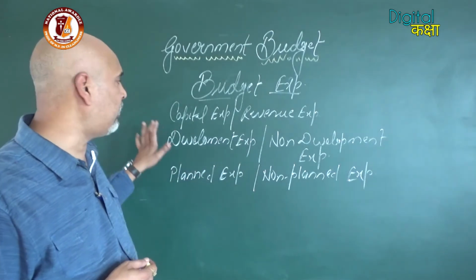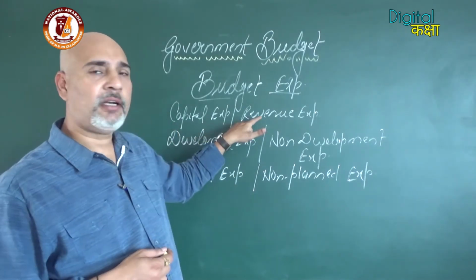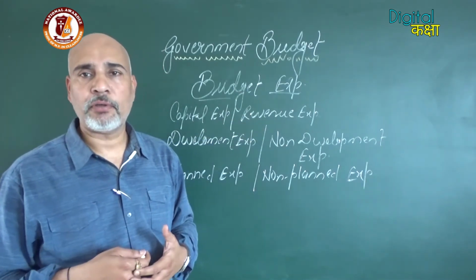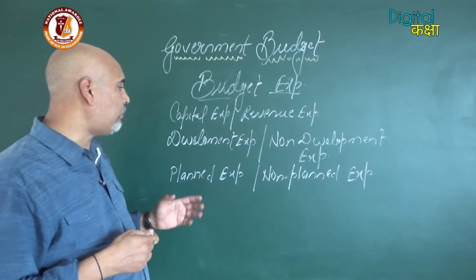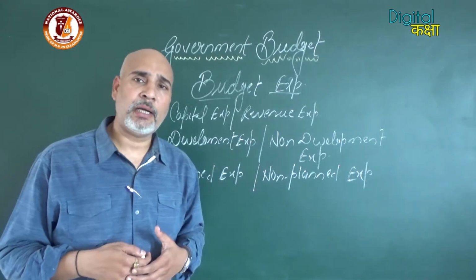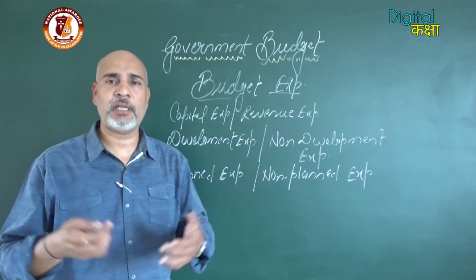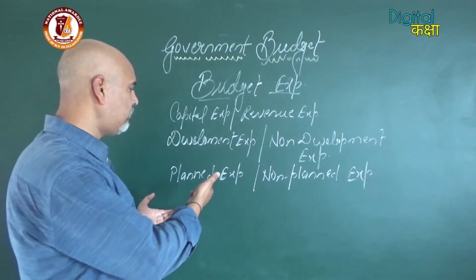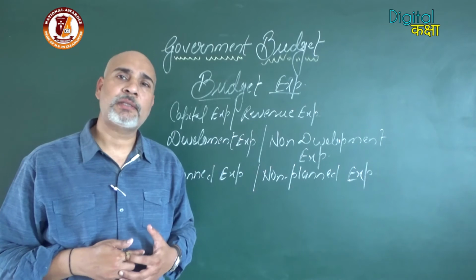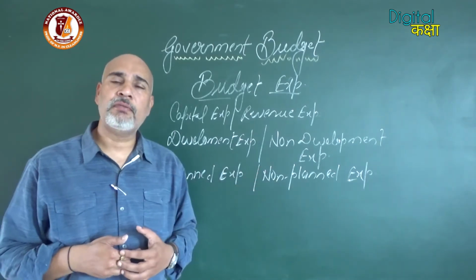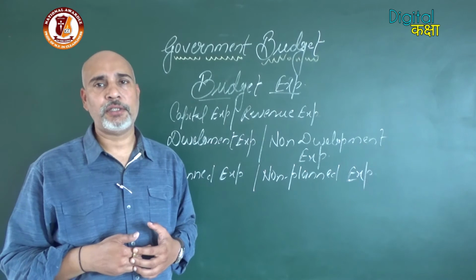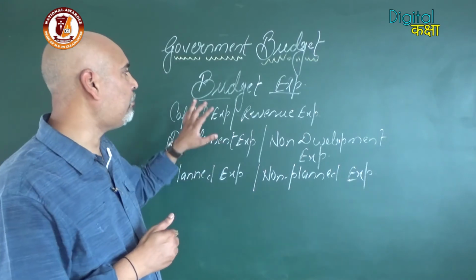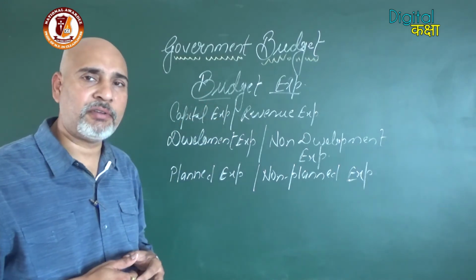These are the categories, but our focus will remain on capital expenditure and revenue expenditure, because they will be used to find out our deficit and the types of deficit, which we will discuss further. Now, planned expenditure and non-planned expenditure. Broadly, whatever is planned, especially under the 5-year planning, whatever transactions come will be treated under planned expenditure, and the rest of the things will fall under non-planned expenditure. Okay, so these are some broad categories of budget expenditure, the types of expenditure, that we are discussing.